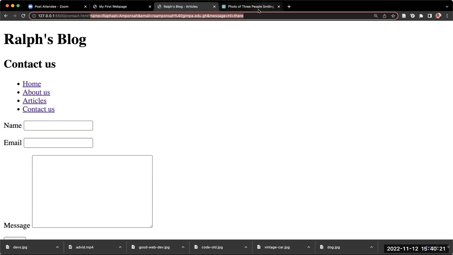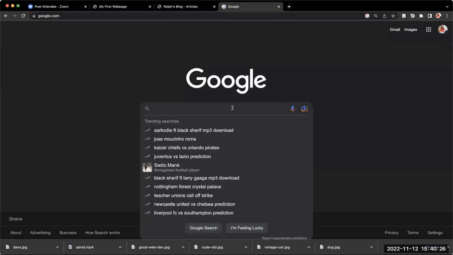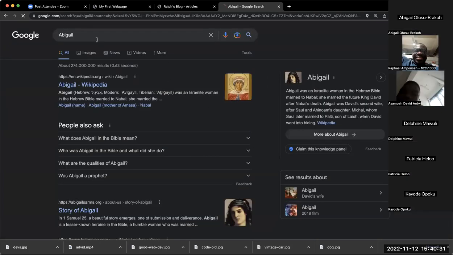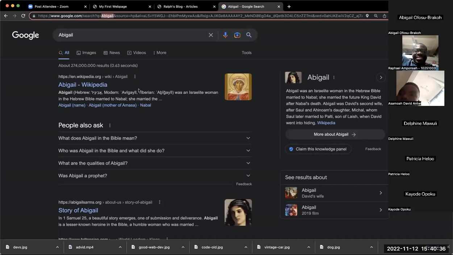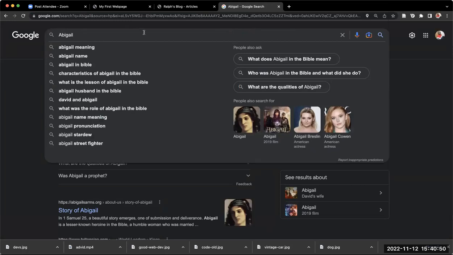So there are forms. Let's come to Google. Now let's search for Abigail. Do you see Abigail also here? Can you see it there? Good. So you see, this is also a form. The search bar you see here is also a form. It takes the input. And normally all forms by default,